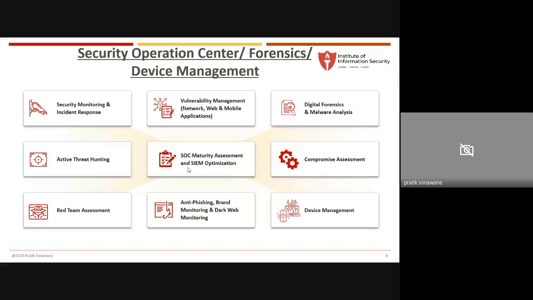सेकंड लेवल या थर्ड लेवल मैच्योरिटी आती है जब एक्टिव थ्रेट हंटिंग करते हैं, मतलब ये तो अपन ये कर रहे हैं कि कोई अटैक कर रहा है तो हम लोग डिटेक्ट कर रहे हैं और फिर हम लोग उनको अलर्ट कर रहे हैं। पर एक्टिव थ्रेट हंटिंग क्या होता है कि ये अटैक होने के पहले ही हम देख लेते कि भाई ये अटैक होने वाला है टाइप्स वैसे,